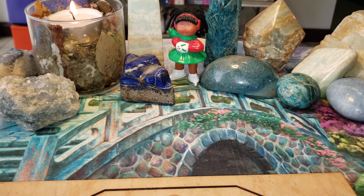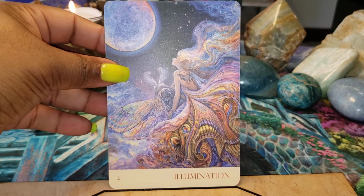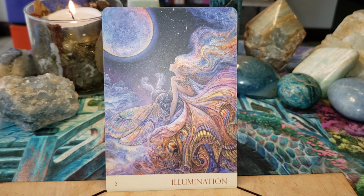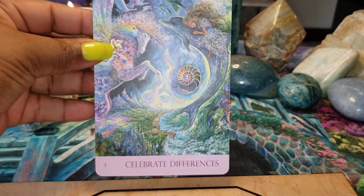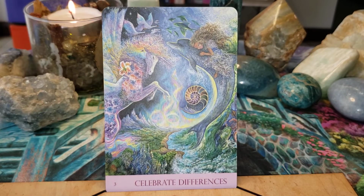This art is beautiful. I'm loving the use of flowers and these beings. Oh, that's beautiful. I'm glad I got this deck. Oh my goodness. You know, I was not going to get this deck. It was on my list for a long time, and I kept skipping over it because I kept saying to myself, I don't know,